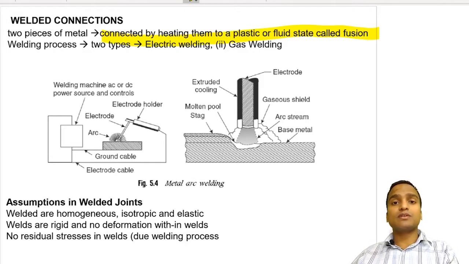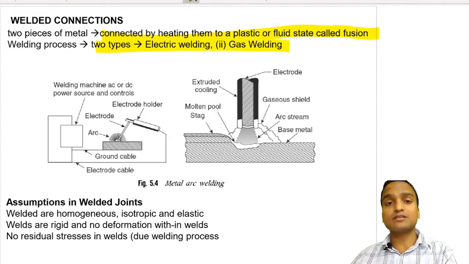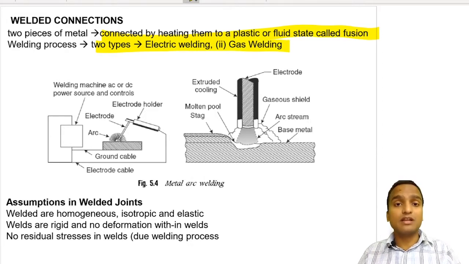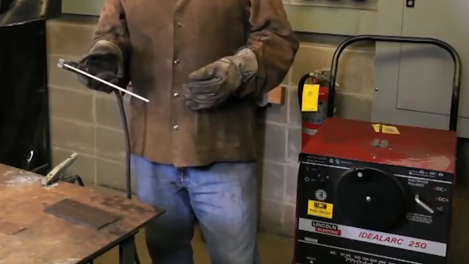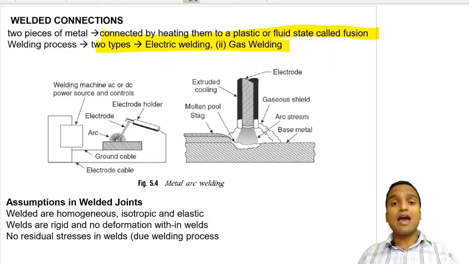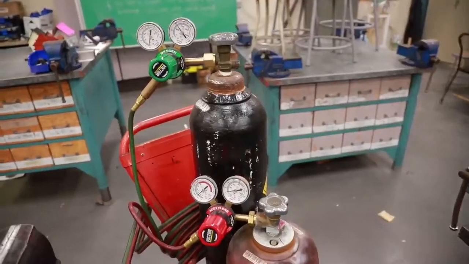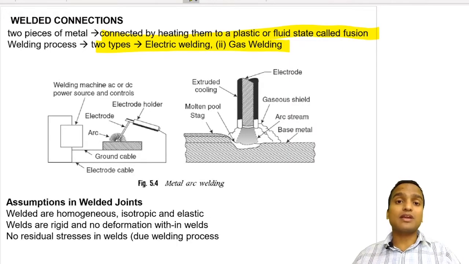Okay, now the welding process in itself is a vast topic, and if we start discussing it, it would go beyond our scope of syllabus. So as far as a civil engineer is concerned, we can have just a slight introduction to the welding process and mechanism. There are two types of welding process, and this classification depends on the source of heating. If the heating source is electricity, then it will be electrical welding, and if the source of heating is a gas, like a CNG tank, then that type of welding will come under gas welding.